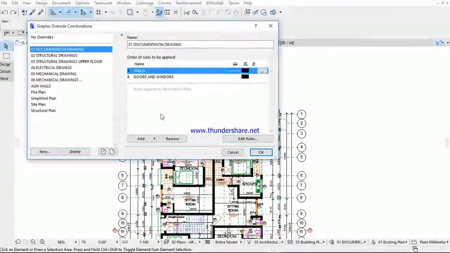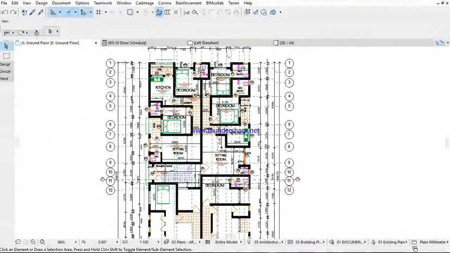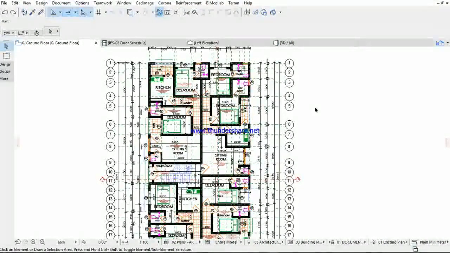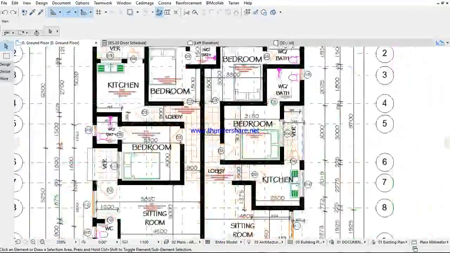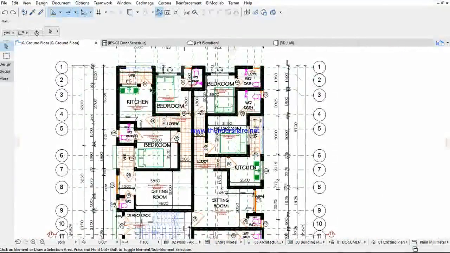The major essence of Archicad placing this graphic override, I think, was basically for representing 3D colors, like when it comes to building fire resistance, where you have walls that are 5 minutes, 30 minutes, 1 hour fire resistance. When it comes to moisture intake on your walls, you have walls that can absorb moisture, some that can resist moisture. But basically for the essence of this tutorial, I will explain how I use graphic override